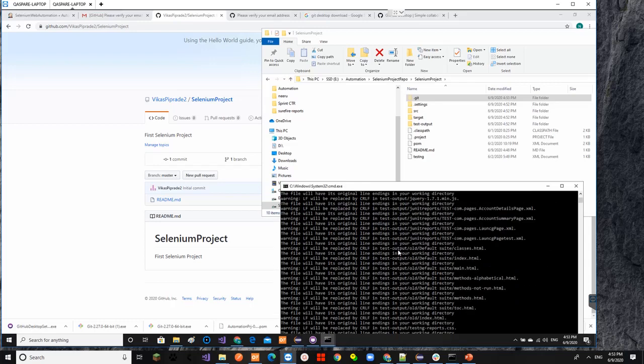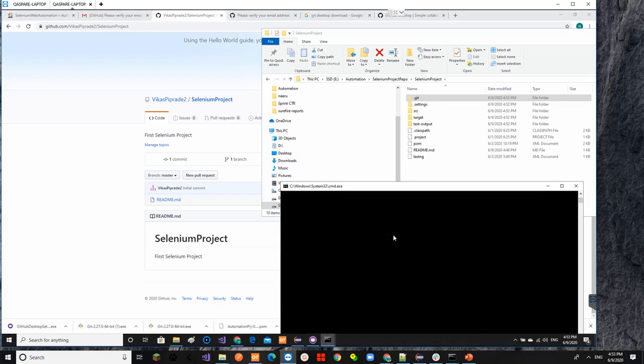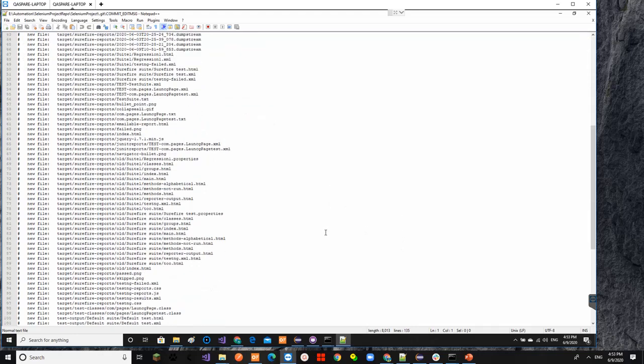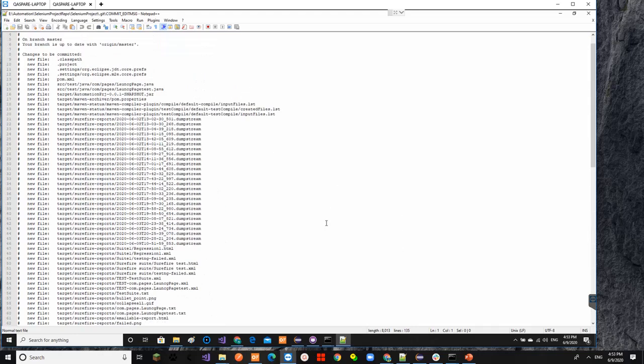It's giving me some messages which is fine. After the add command, we need to commit. The next step is commit. Again, commit will mark all these files for commit. It will not appear in here, and you need to provide a message with commit -m.